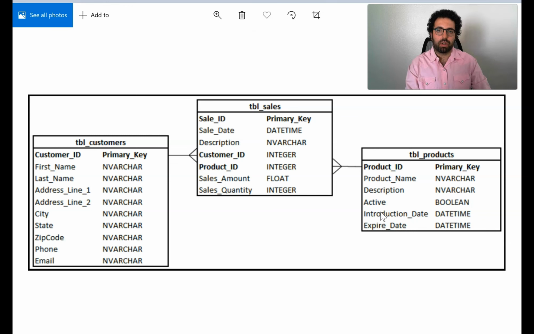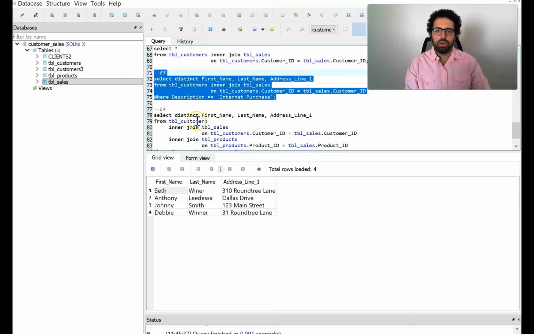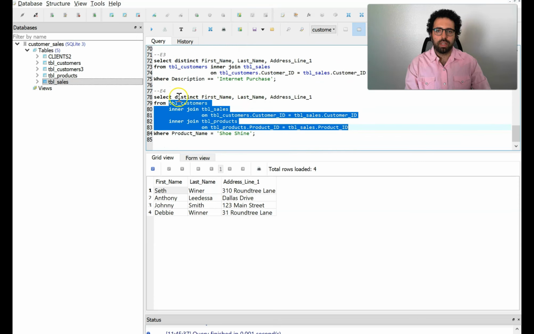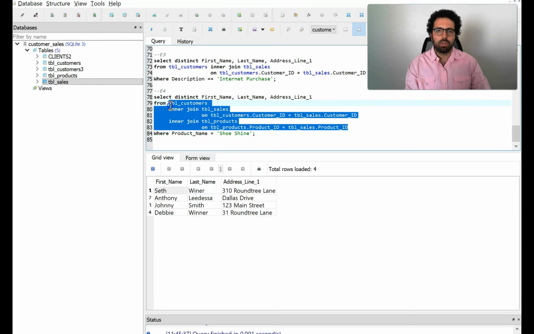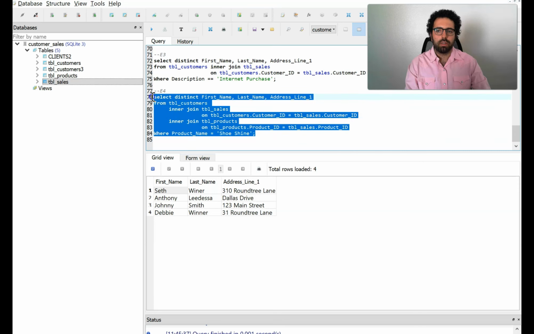So let's see how it's done. Of course, these are our inner joins. So we are doing the inner joins for 3 tables. And then once we have all that information, I say first name, last name, and address line from this join of tables, and then I use the conditional shoe shine. And once I run this, these are the customers that have ever bought